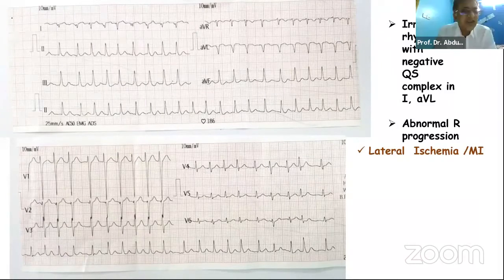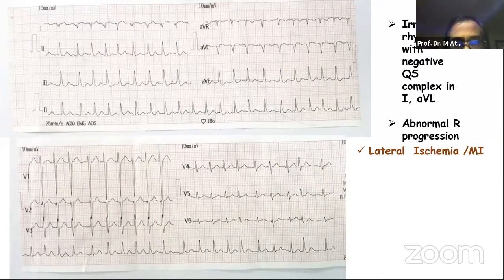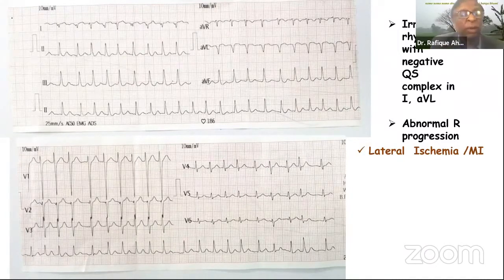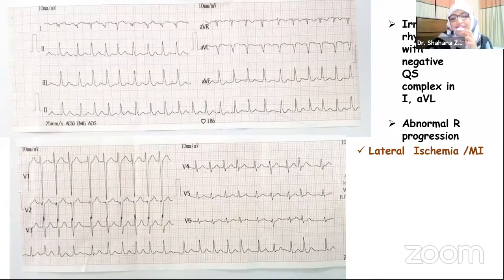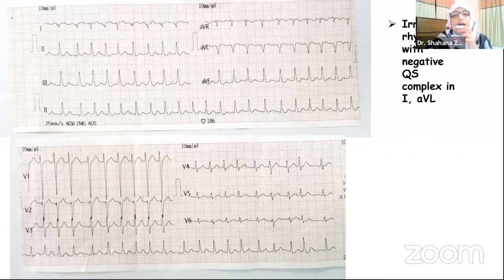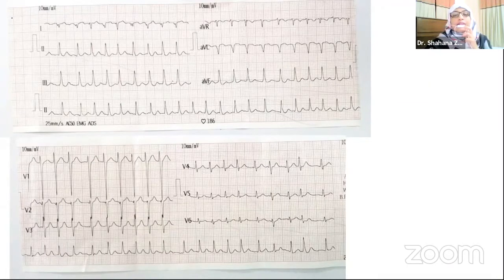What is the question, Atahar bhai? Now, I want to know the physical findings. Oh, okay. Is there any other ECG before this one? No, the same type of ECG which was done outside the hospital. The ECG is the same.